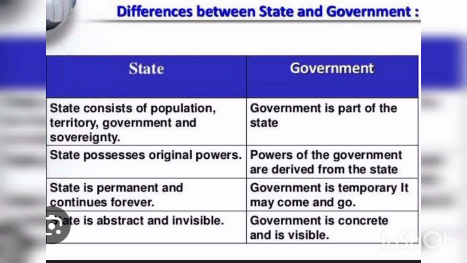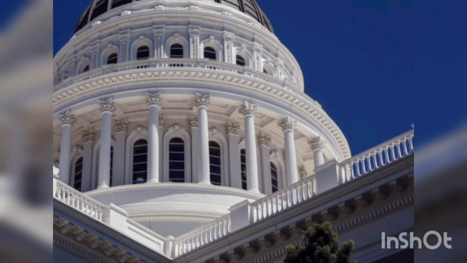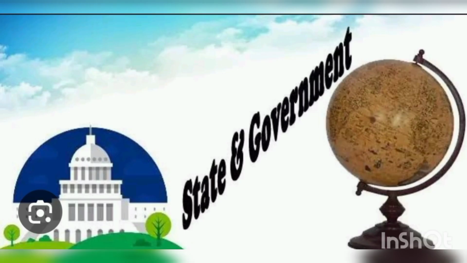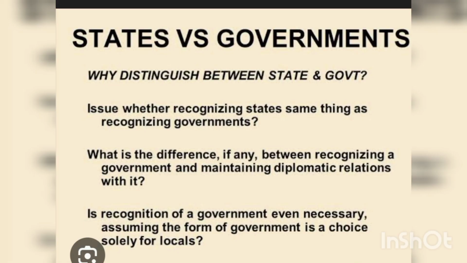Now second, state is a broader idea but government is made by the people of the state. It is formed by the representatives of the people who are part of the state. So government is not as broad as the state, it is only part of it. So this is the second distinction. Third one is that state is a community itself, but government is an agency or agent of the state. Government works for the state. A state is a centralized political organization that imposes and enforces rules over a population within a territory, which are made by the government. So this is the third distinction.